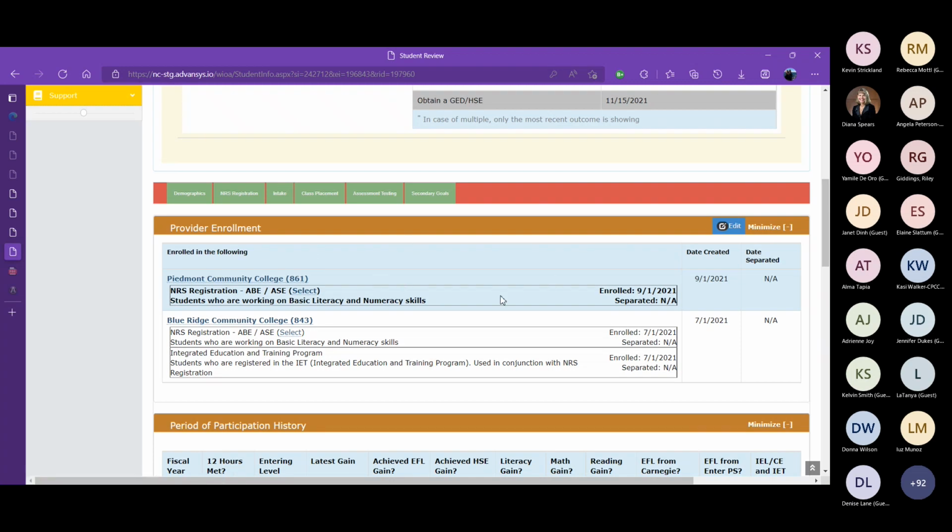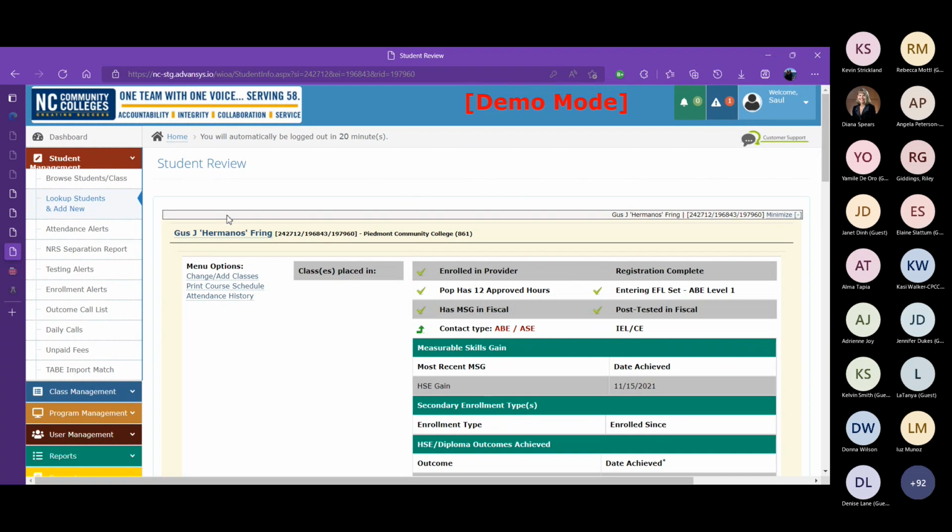This will become particularly important when you're working with students who've worked with other programs in the past, because you'll see their entire history. You'll know how long the student was in Blue Ridge. You'll be able to see just small amounts of information about that student before you place that student in your program. And we'll talk about this in the POPs presentation, which is later this afternoon. We'll talk about how to end a period of participation when a student works in multiple programs, and what happens when they leave one program but remain in another. I'm out of time. There's a lot of things that I would